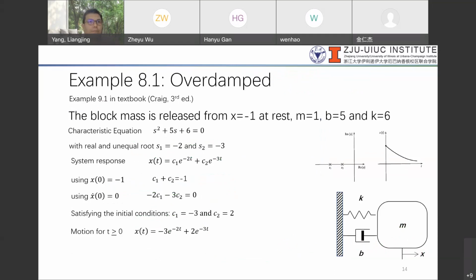So say in this case, again, the same example, we have this block of mass M, and then we are going to plug in values. Just now we actually gave a general form. We have the characteristic equation, which was ms squared plus bs plus k equal to 0, right? So remember our characteristic equation. Okay,